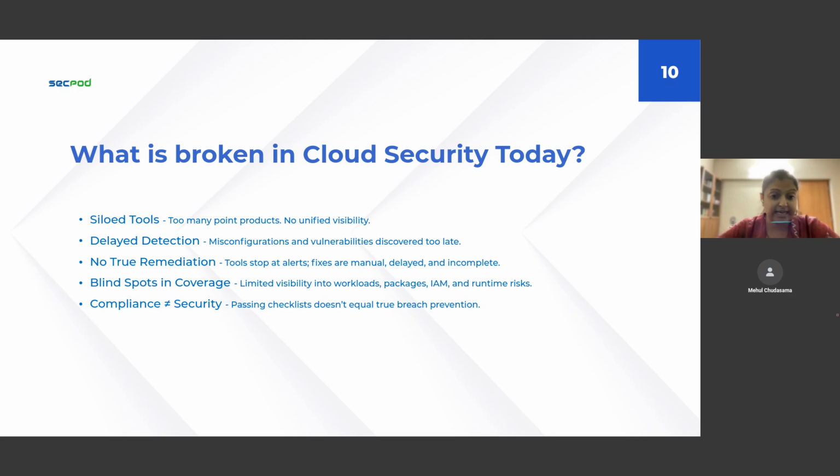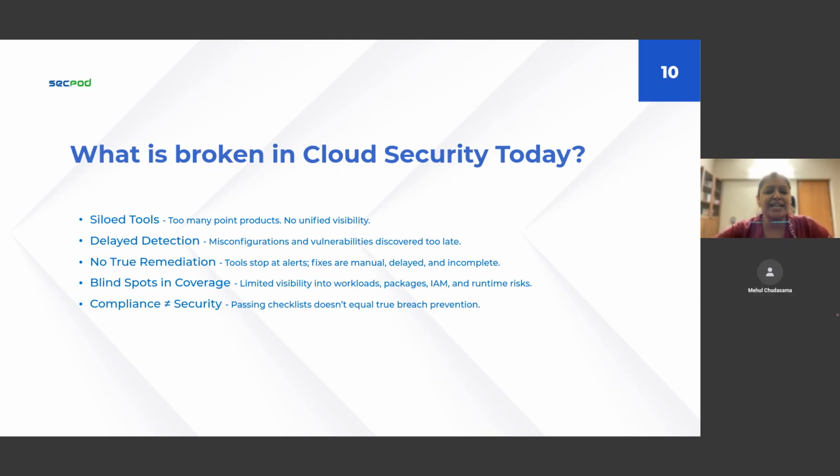And let's see exactly how. So, first, security teams are burdened by a fragmented ecosystem of tools. One product monitors misconfigurations, another handles vulnerability scans, and even a third tool looks at, say, IAM. And none of them speak the same language as well. Nobody provides a unified risk picture. This fragmentation often leads to a lot of security gaps, and attackers thrive in those gaps.